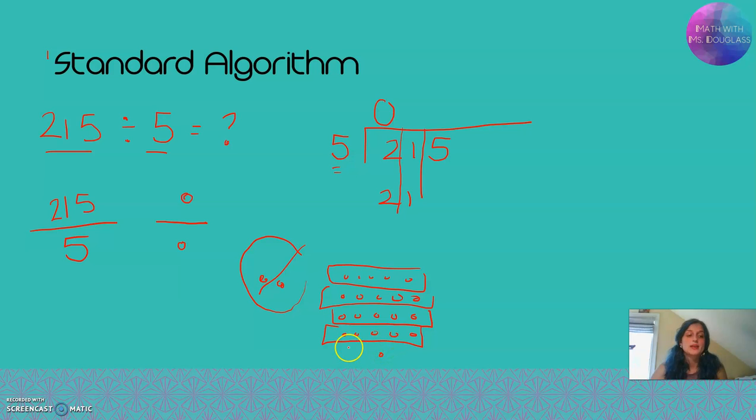Nope, no more than 4 groups. Now, you do not have to draw it out. I'm just a very visual learner, and that's kind of how I think about it. You can also run through your 5's times tables and say, I want to get really close to 21, but